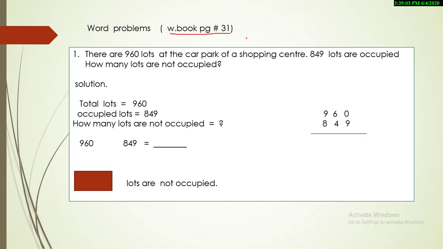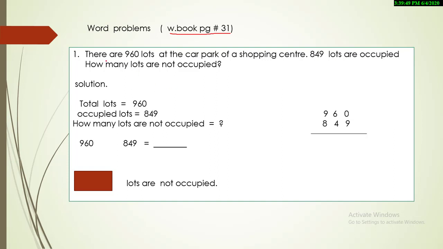So they are asking you how many lots are not occupied. They are asking how much space is left over there, and how much area is not covered basically. So you are going to read it again with me, as I read it 2 times for all of you. After reading it 2 times, first of all you need to think about what you are going to do. You are going to read it 1 more time, and then you start thinking about what they tell you and what they ask you to do.